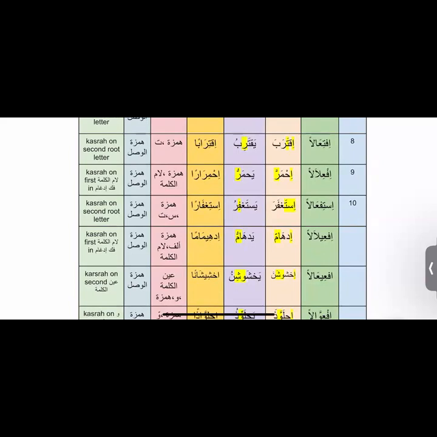Look carefully. So there is first idhamma. Focus on your fi'l madi and see how many letters we are seeing. First is the hamzatul wasl. The second one is alif, and the third one is the doubling of the lamul kalima. Make sense or no sense? Are we all understanding that concept, my dear sisters?